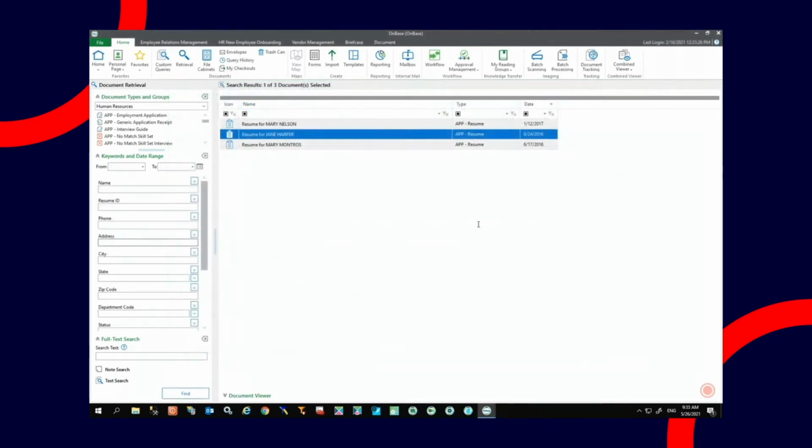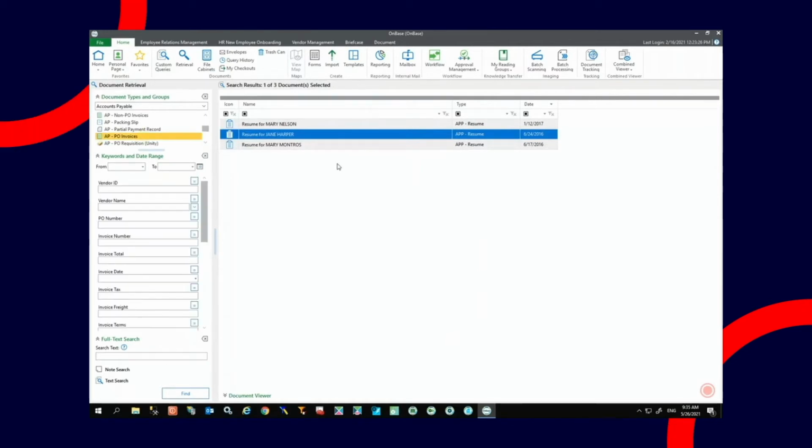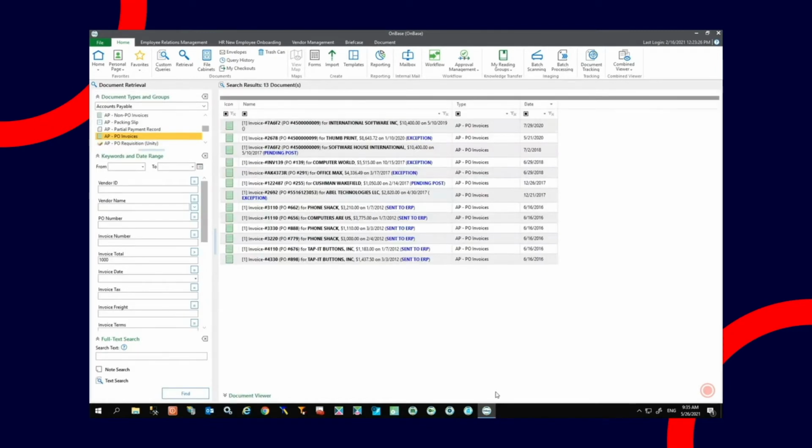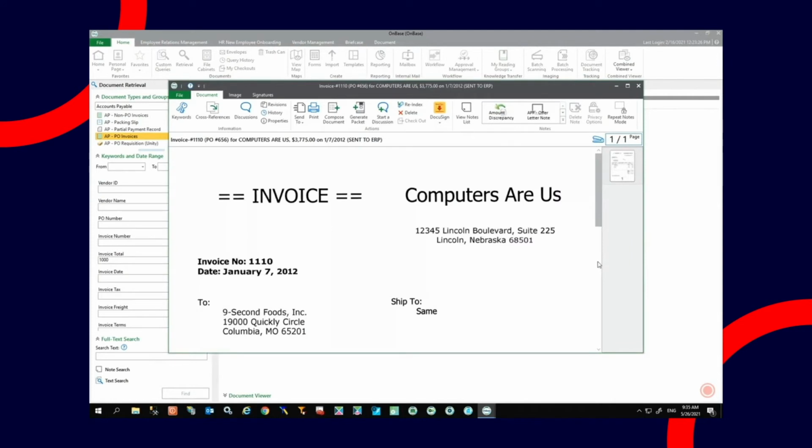Let's try retrieving documents on a different document type. So we're going to switch the document type group to accounts payable, and we're going to select APPO invoices. You'll see that we have different keywords to search on in this case. And in this case, we're going to search for all invoices with a total greater than $1,000. So by clicking the operator button, I can easily change it from equals 1,000 to greater than 1,000. And then I get my hit list of invoices greater than $1,000 in value, and I can double click to